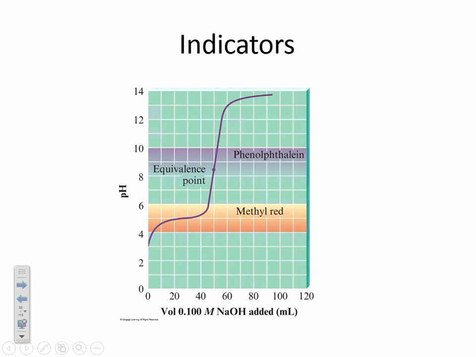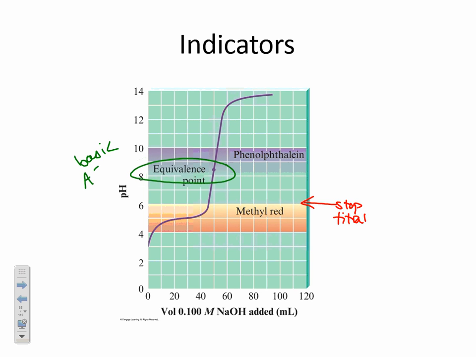And just to show you this, we have here a weak acid strong base titration. I know that it's a weak acid strong base titration because the equivalence point pH is basic, indicating the presence of A minus, a weak base, in the flask at the equivalence point. And we have two different indicators being shown here, phenolphthalein and methyl red. You want your indicator to actually indicate the equivalence point by changing color right around that equivalence point pH. If you pick methyl red, you're going to basically stop your titration here,